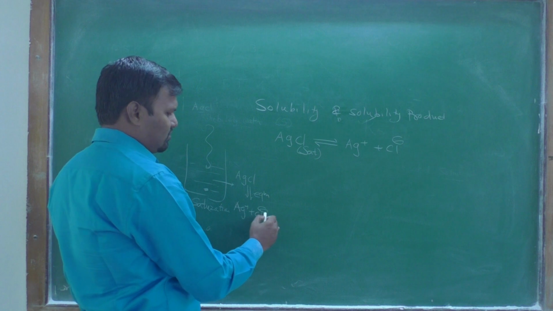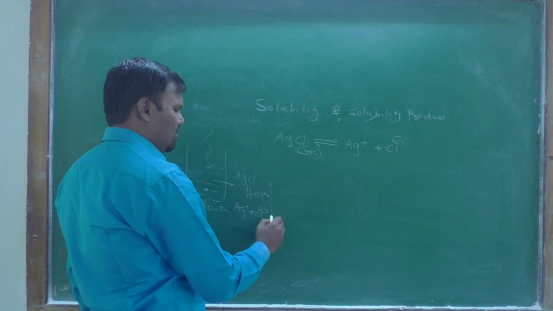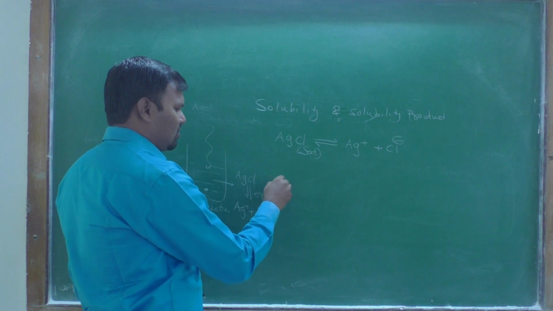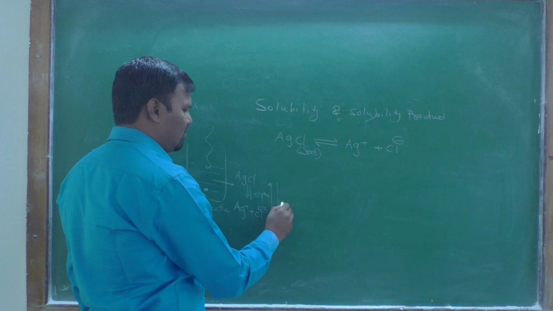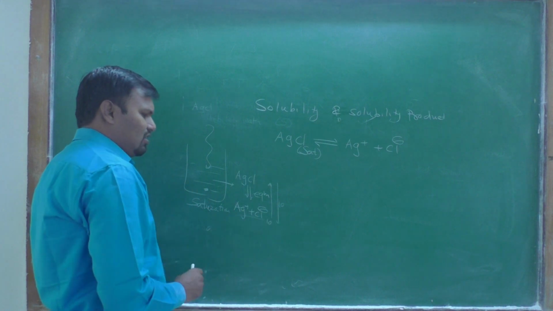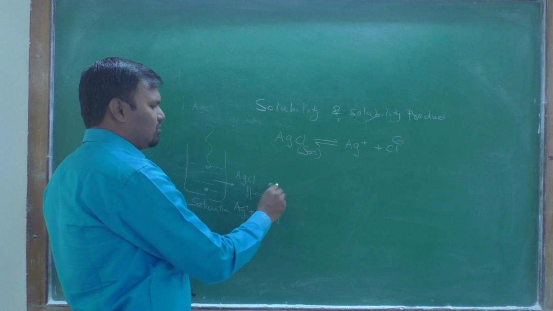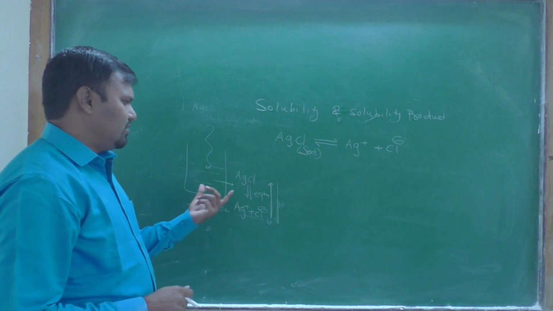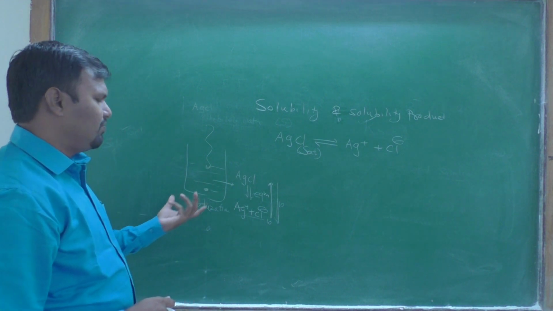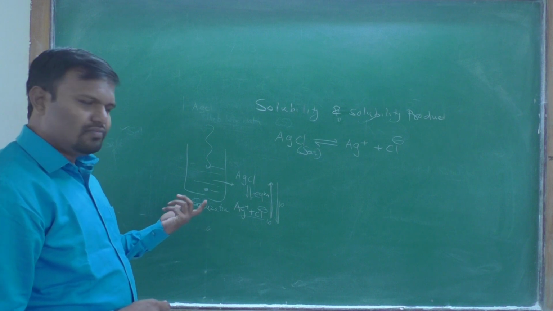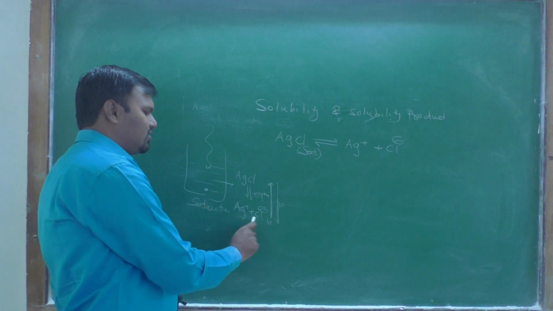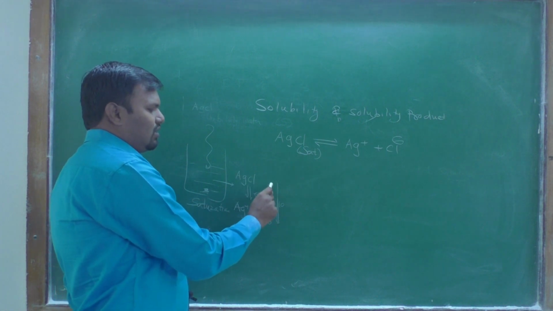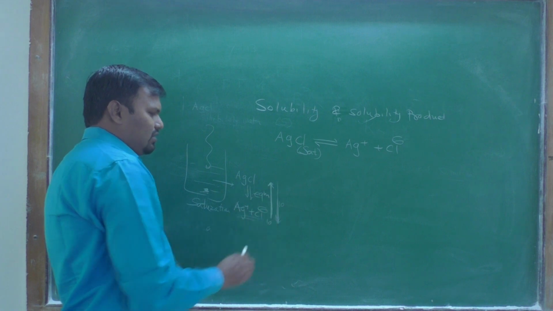At that point, some ions recombine to give solid AgCl. Then again some AgCl decomposes or ionizes into Ag plus and Cl minus. The same number of recombinations gives the same number of ions. Such an equilibrium is maintained at the saturation of the sparingly soluble salt. Therefore solid is converted to ions and ions are converted into solid, and a continuous equilibrium takes place at saturation.